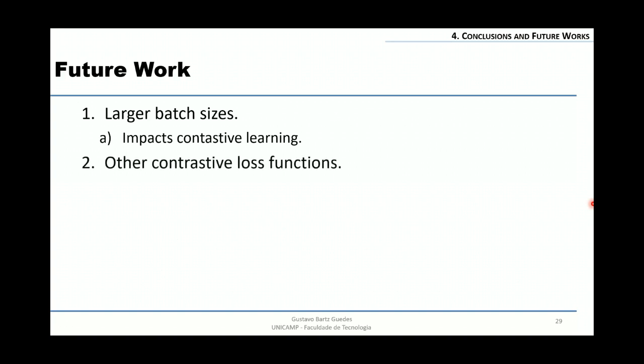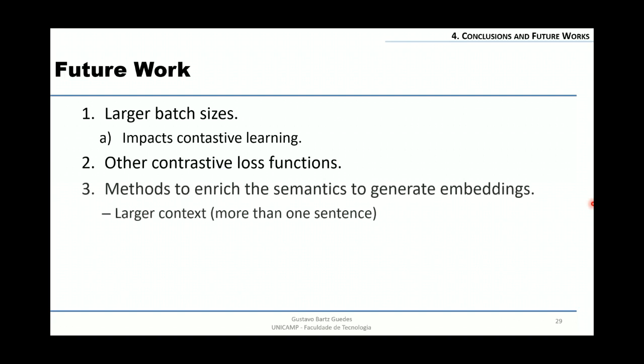And use other contrastive loss functions, and also apply a method to enrich the semantics to generate the embeddings, like a larger context. Here we are using only one sentence, but we can take an excerpt of text to get a larger context, since transformers use the attention mechanism. So if we have a larger context,